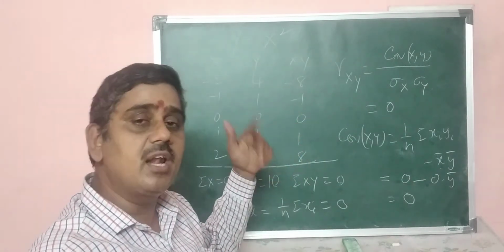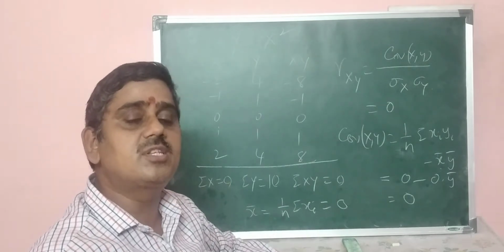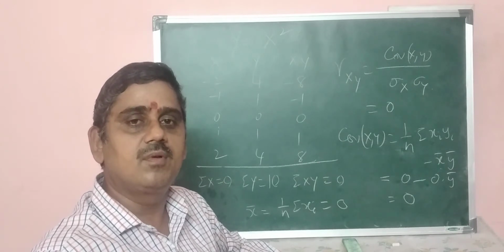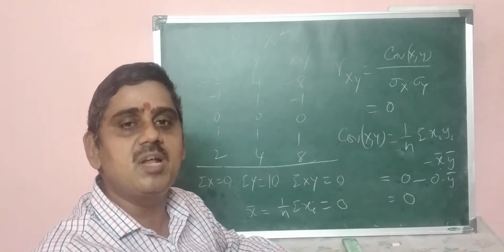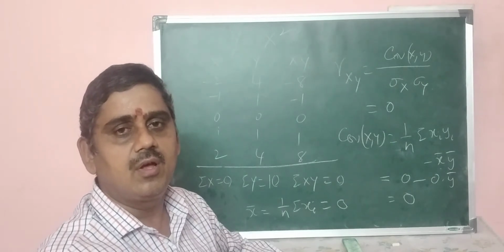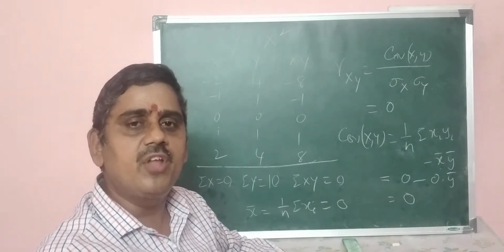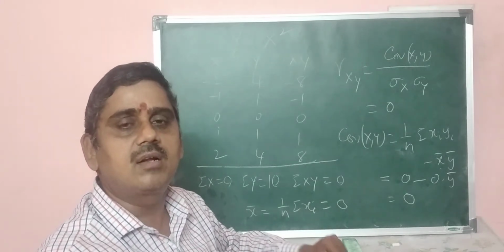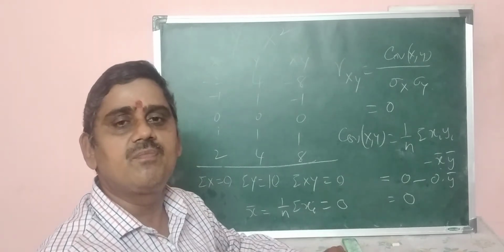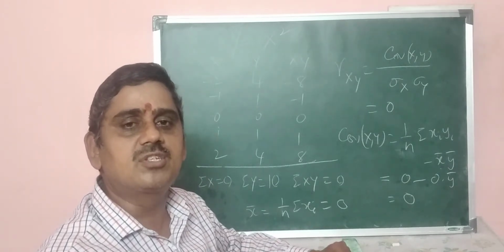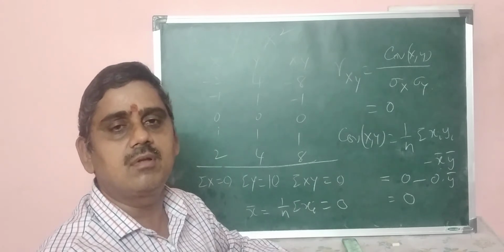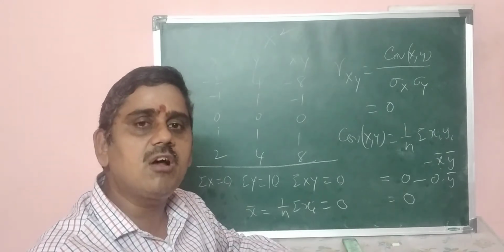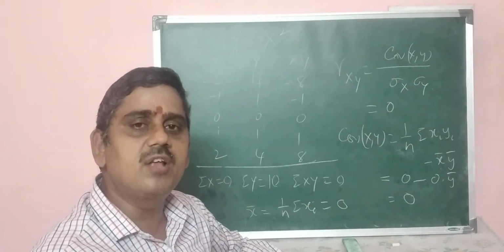You see, now you can again recollect the property. Two independent variables are uncorrelated, or there is no correlation between two independent random variables. You can consider another way: two independent random variables are uncorrelated, but the converse need not be true, which means two uncorrelated random variables need not be independent, which is the next property. So these are the four properties of correlation coefficient.